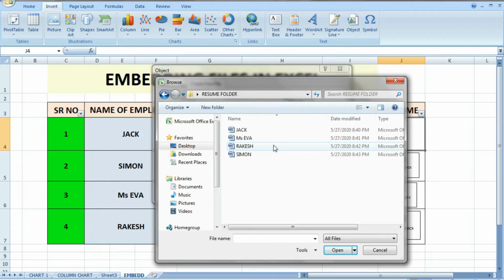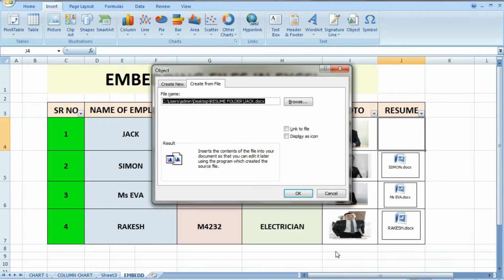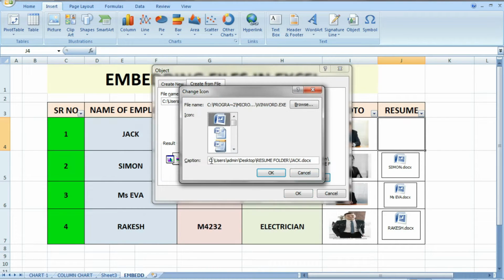This is the resume folder. Here it is Jack, so you can insert here. Now Display as icon, and you can change the icon name. See, like this.